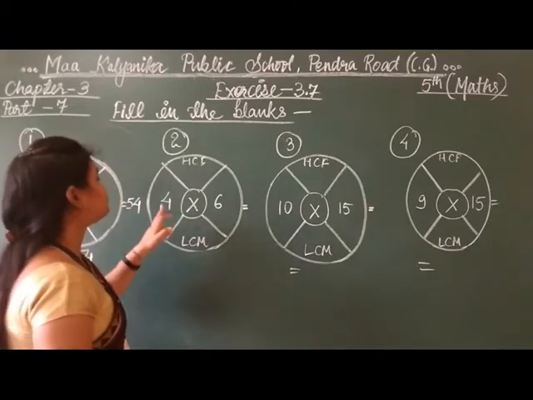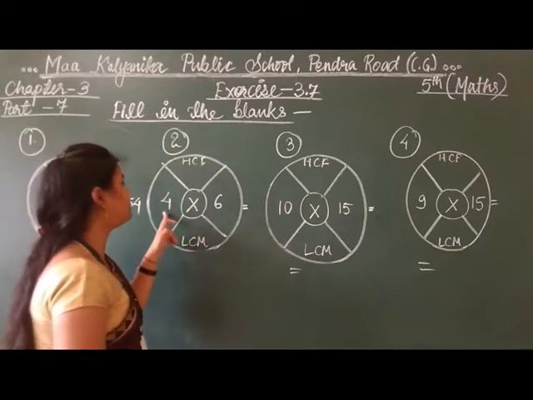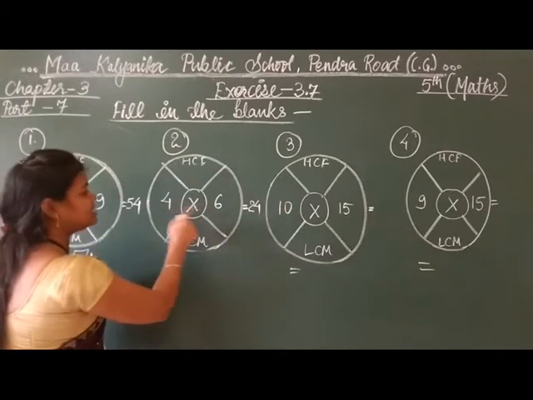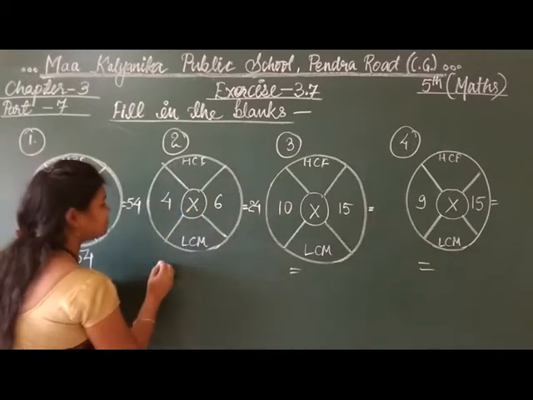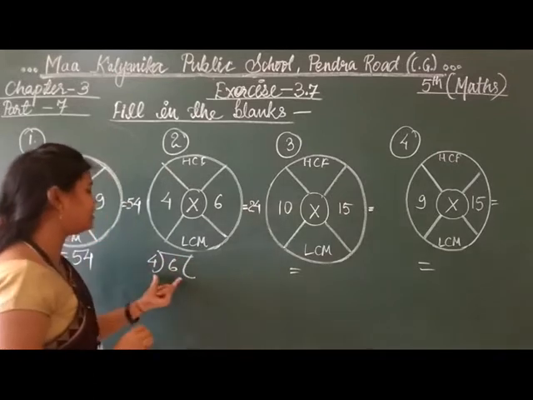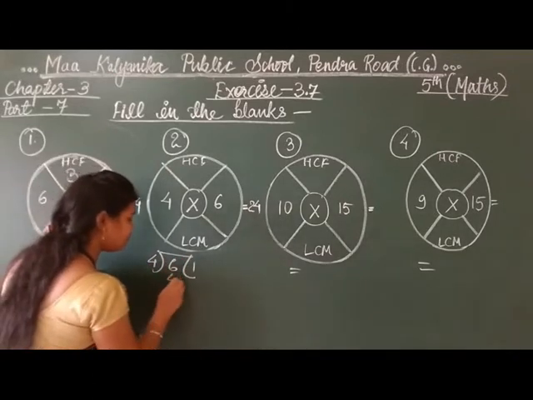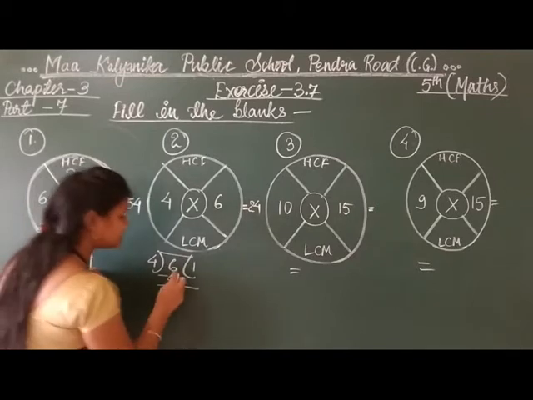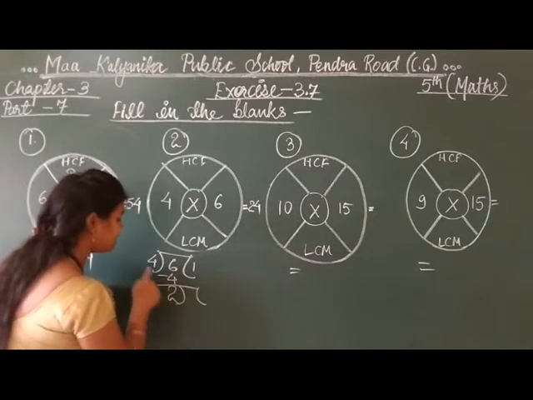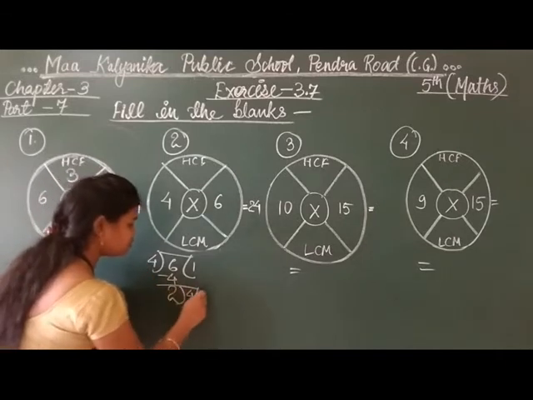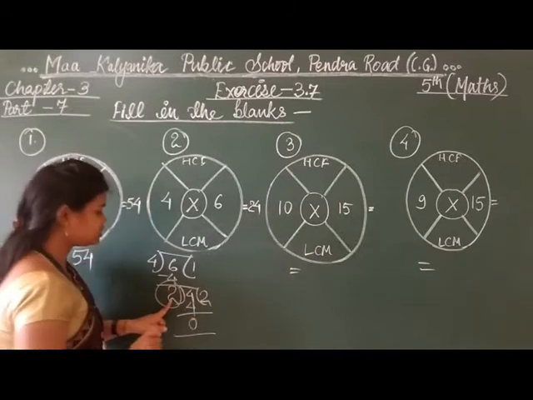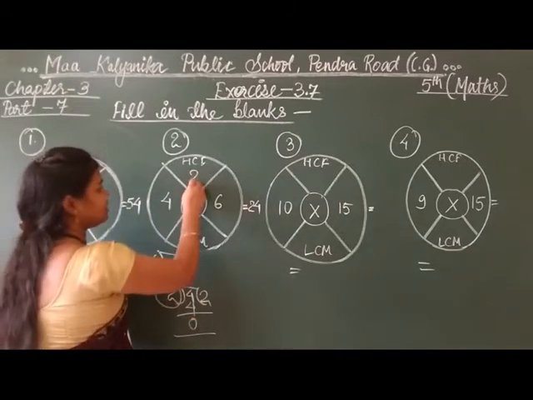So see here, 4 and 6 we will directly multiply. 4 times 6 is 24. Now find the LCM and HCF of both. First we will find the HCF. So 6 divided by 4. 4 ones are 4 and the remainder is 2. As I told you first, we are following the same procedure. Now 2 is the remainder and this 4 will come here. 2 twos are 4. What is the answer over here? This means 2. So 2 is the HCF.